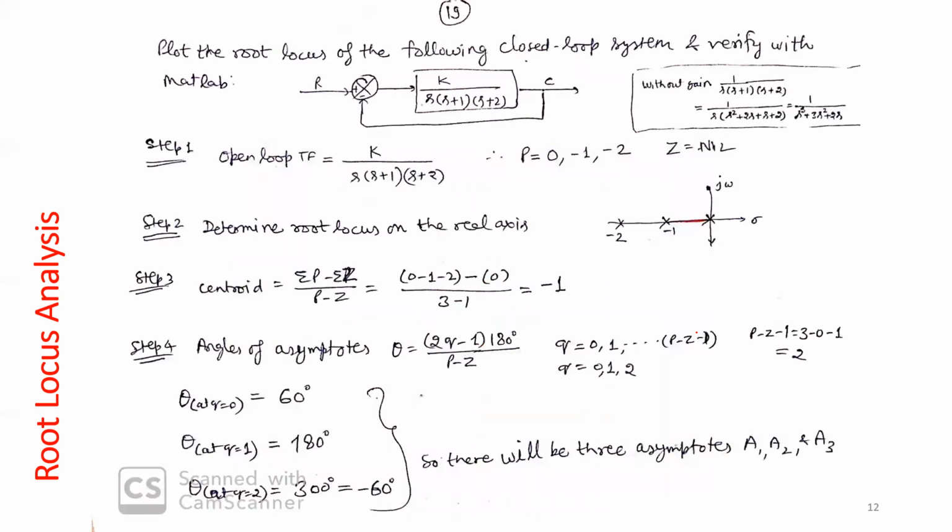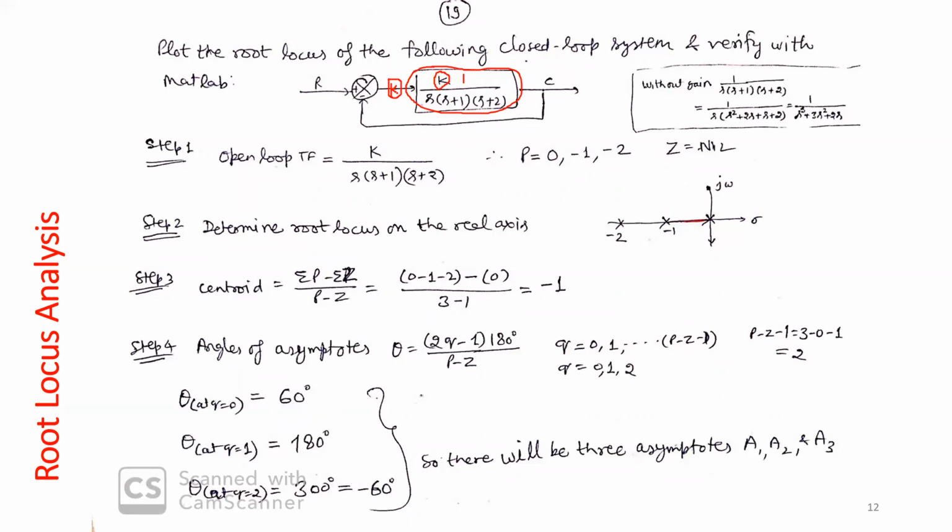Let's take a simple example for further exercise. You have this open loop transfer function where k is gain. Okay? If I put a 1 here, your k gain will be here.